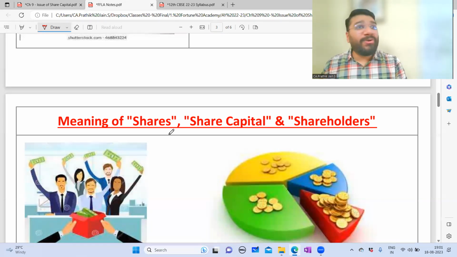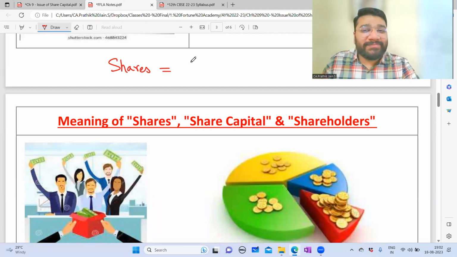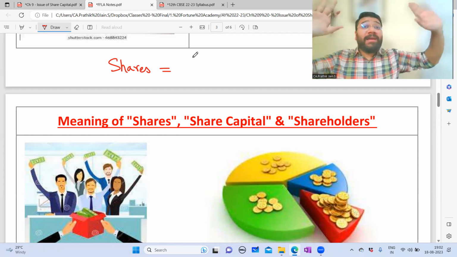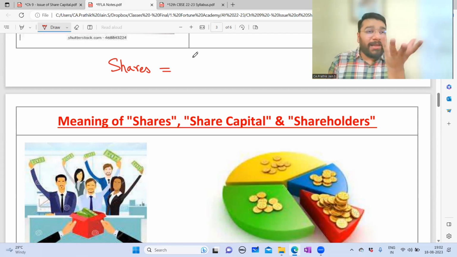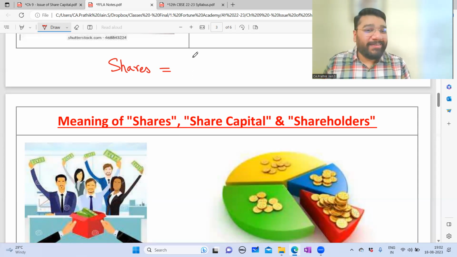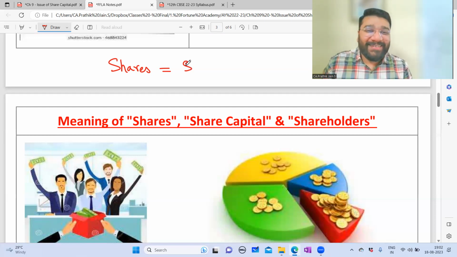Owner's funds. Part of ownership, sir. A small unit. It's a part of capital. The division of capital. It should be in layman language, so that if I go and ask a science person what a share means, he should understand. If you just say unit or part, he'll go away.